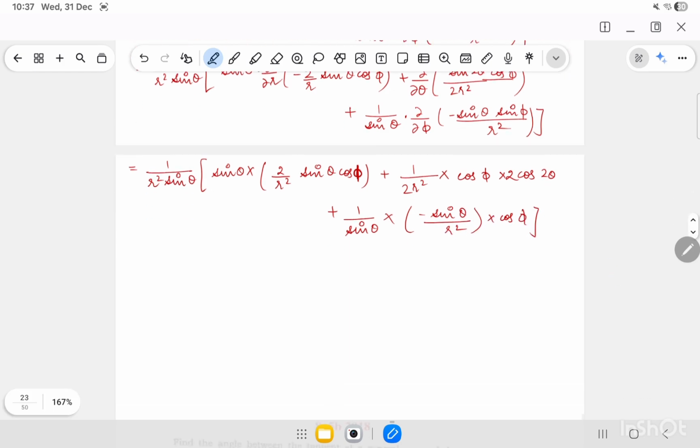Now if we simplify it further, so it will be equal to 1 by r square sine theta